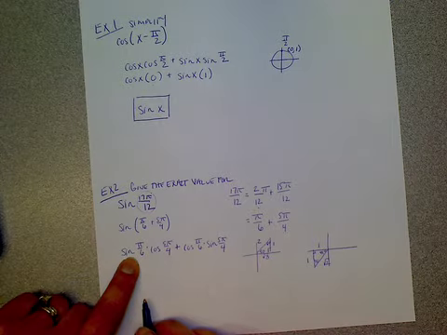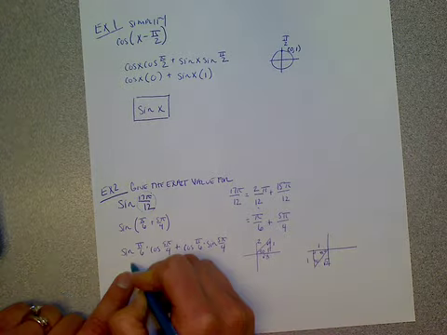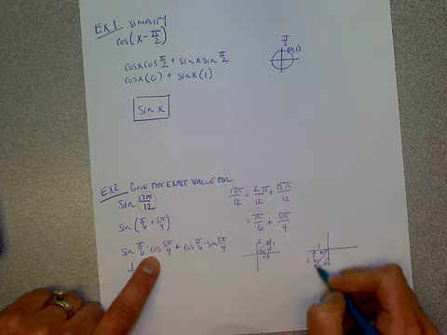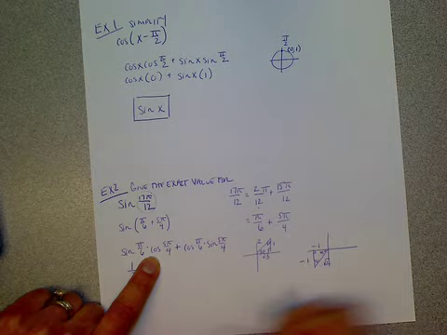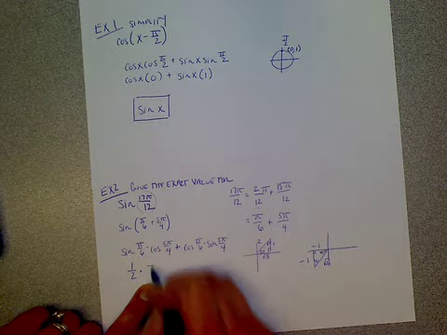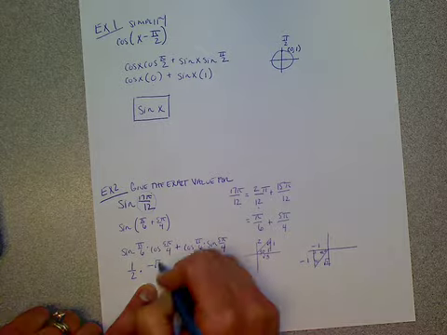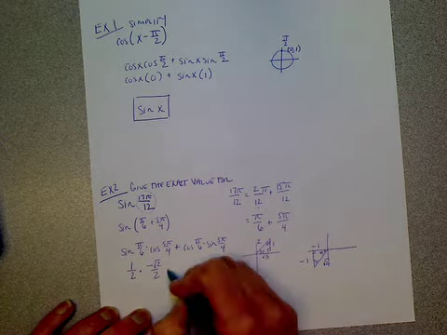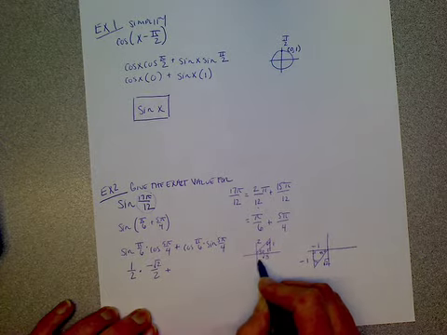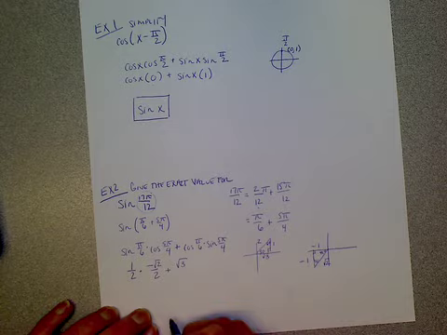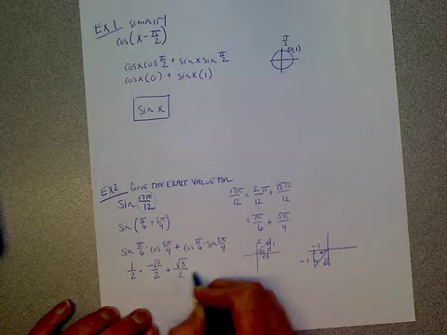Sine of pi over 6 is the same thing as the sine of 30. So that's 1/2 times cosine of 5 pi over 4. And I actually forgot to put my negatives in there. That's kind of important, or really a lot important. So cosine of 5 pi over 4 is negative 1 over root 2, or just negative root 2 over 2. And then plus cosine of pi over 6 is cosine of 30, so plus root 3 over 2